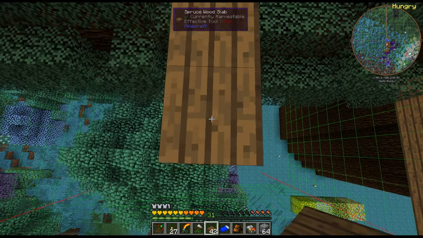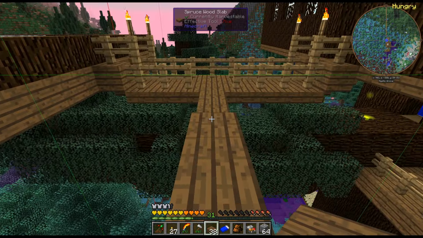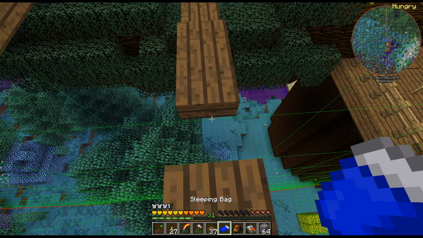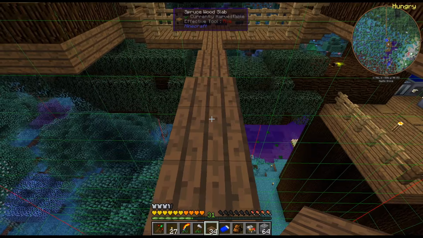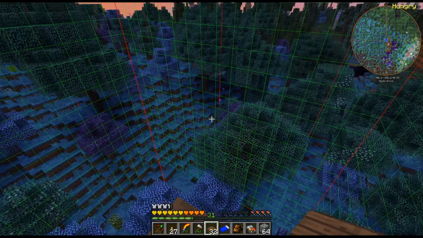Now, I'm also going to maybe make it different levels so the base doesn't look so grid-like. So maybe if we do that, 1, 2, 3, and then how am I doing this? The next one is up. All right, and then